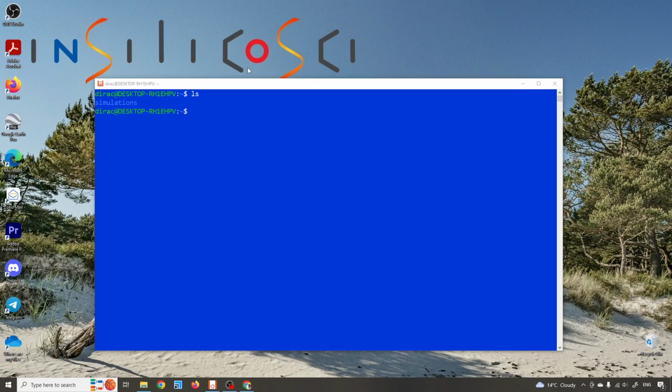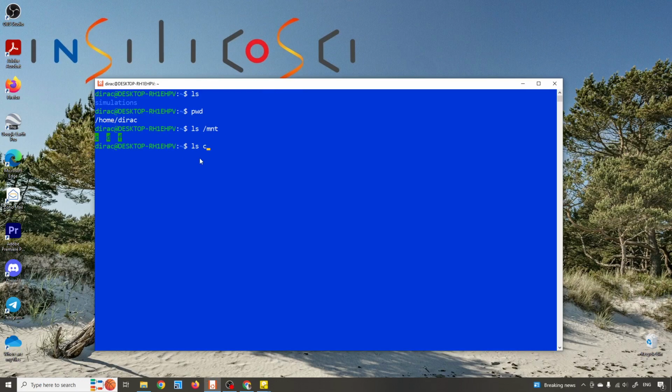Every time you open the Subsystem Linux, it puts you into your home directory. That for me is /home/dirac, but Windows files are in the /mnt folder. And here I have 3 drives, C, D, and F. My desktop is in the C drive, so let's find it.